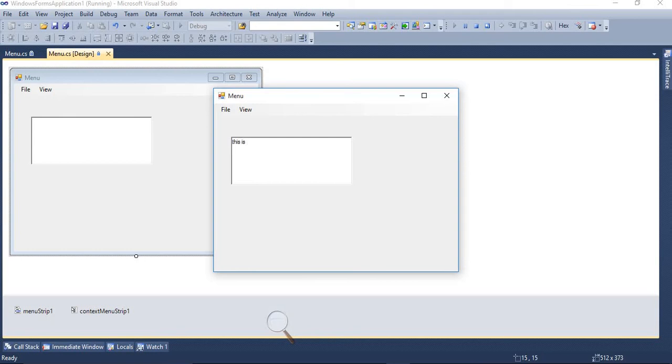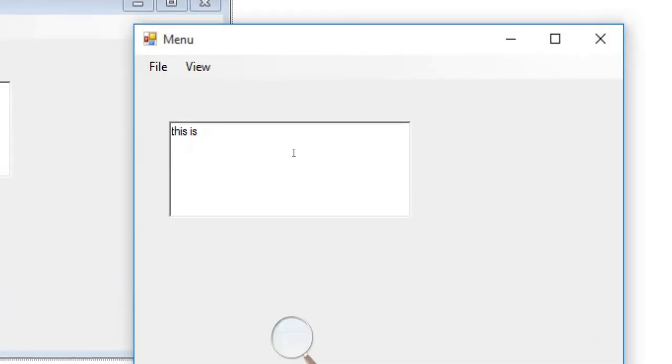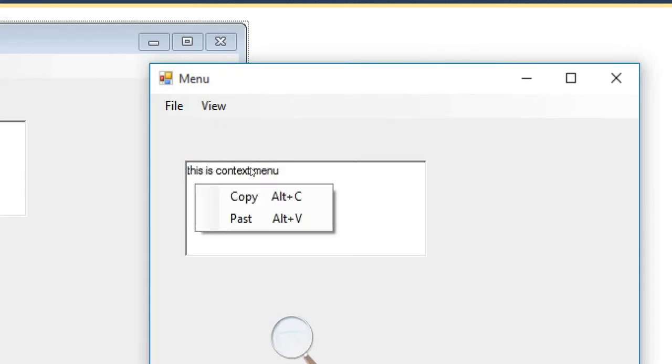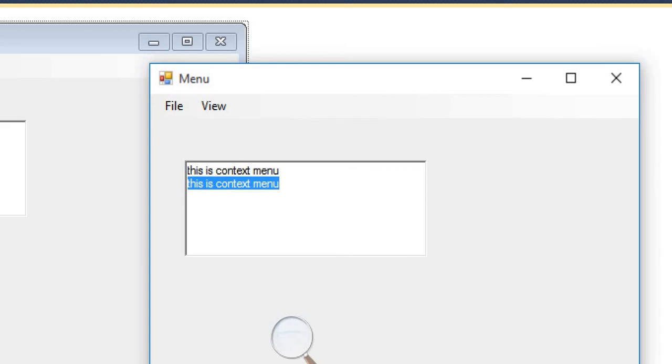This is the context menu. Just we are going to copy it, copy these things and paste things. We are also selecting this one. Here I am pressing Alt C, Alt V, then it will also work.